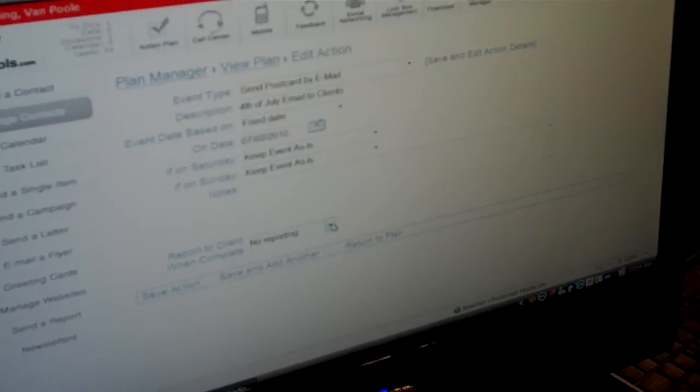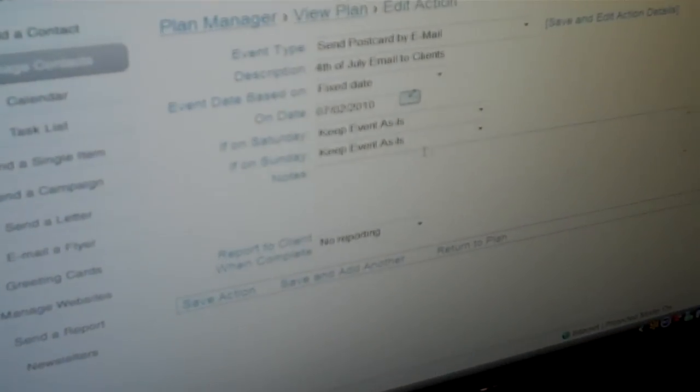And now we can also too, let's say, just for example, real quick, I'm going to sidetrack for you. If we were doing a listing plan and we were sending out a marketing email for our client, we can actually report back to our client, take a look down here, via email or text message to let them know that an item has been completed for them. We won't need that in this case, but that's really neat that you can use that for your clients to let them know something has been completed. It's automatic reporting for them. Okay, now we're going to go to save our action,